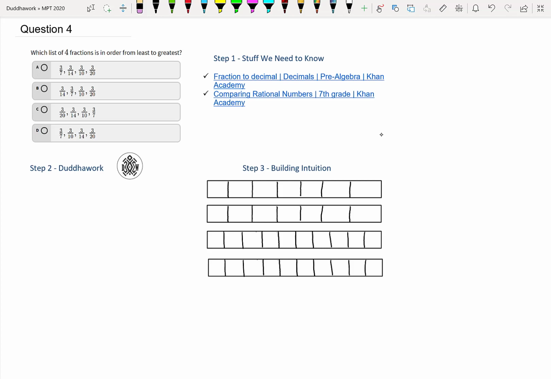When we move on to step 2, we need to do the work in order to reorder that list of 4 fractions from least to greatest. So there are many ways to think about this, but one way is to convert them all to decimals. Okay, so I'll convert them from fractions to decimals. And to do this, you can watch the video in Khan Academy, and basically you have to realize